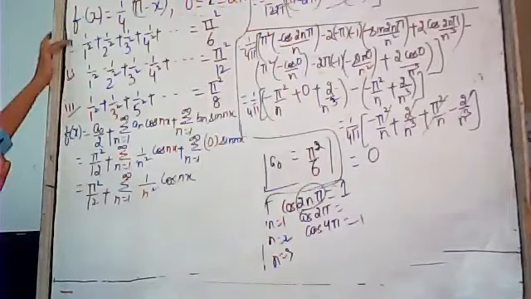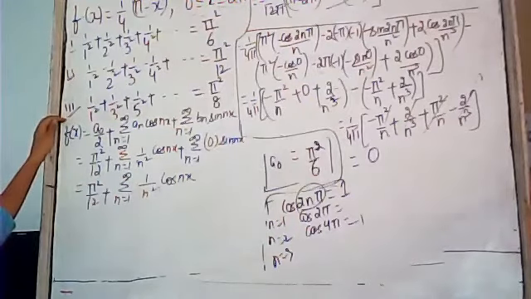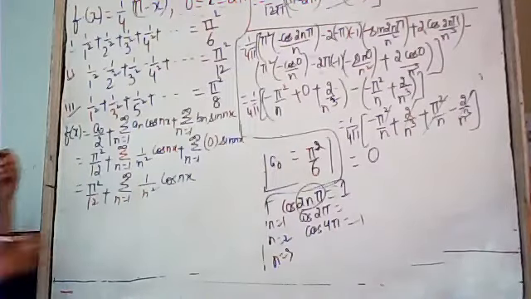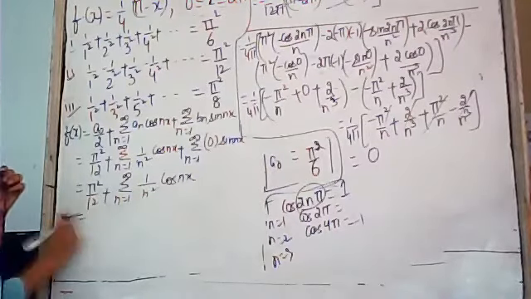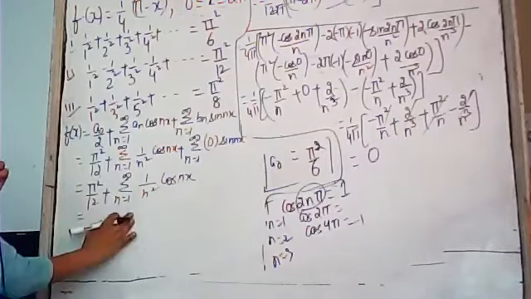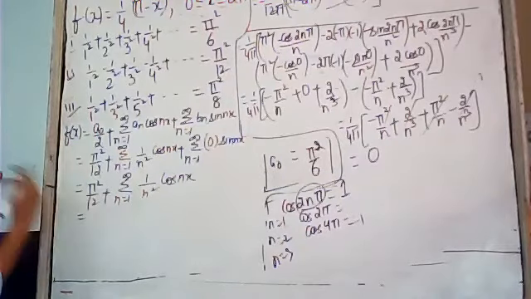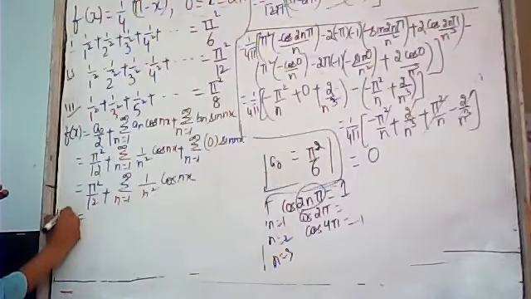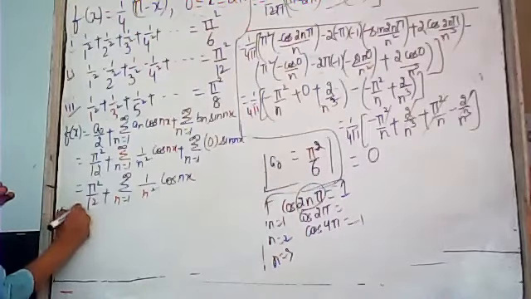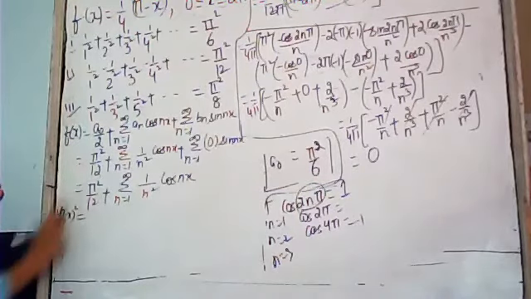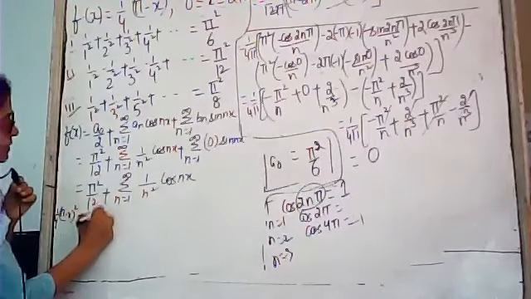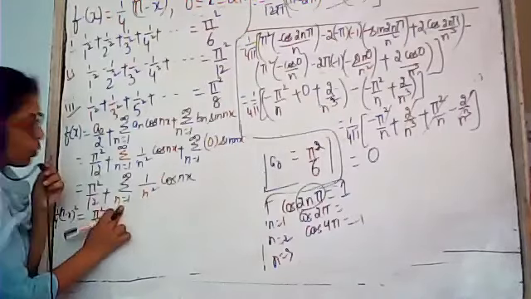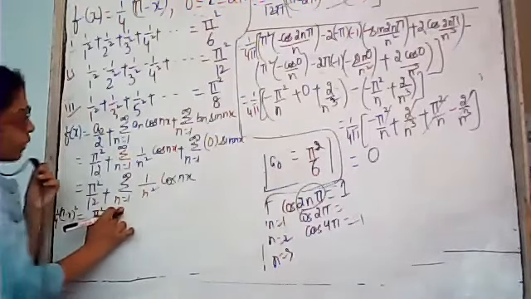But in this question, we have to deduce 3 results also. So for finding these 3 results, first of all, we will open the summation here and write the value of fx. Fx was 1 by 4 pi minus x the whole square. On the left hand side, we substitute the value of fx. On the right hand side, this is equal to pi square by 12 plus, open the summation. I hope that you all know how to open the summation.